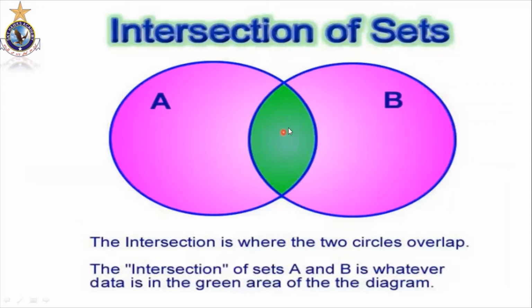So we are representing this intersection with this green color, because all the elements, each and everything, that is common to A as well as to B. So that common area is colored green, and all those elements which are also in A and also in B will belong to this green area, that is common. That's why we can say intersection.